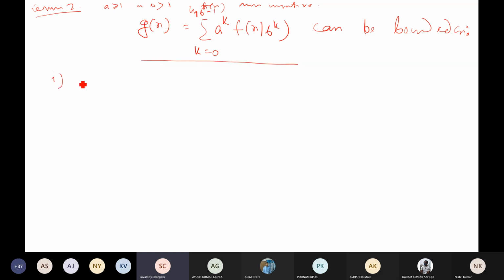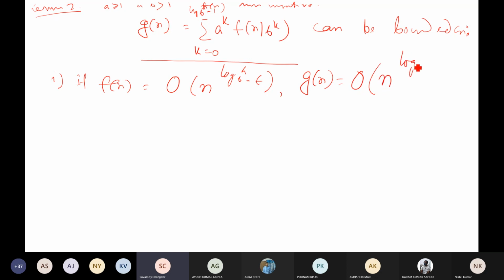It says that if f(n) equals big O of n to the power log a base b minus epsilon, for epsilon greater than 0, then g(n) equals big O of n to the power log a base b. This is the statement of lemma 2: if f(n) equals this, then g(n) equals this. Case 2,